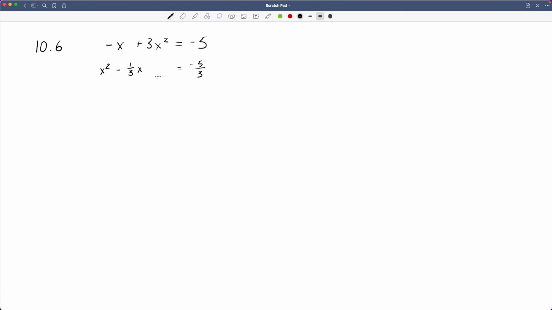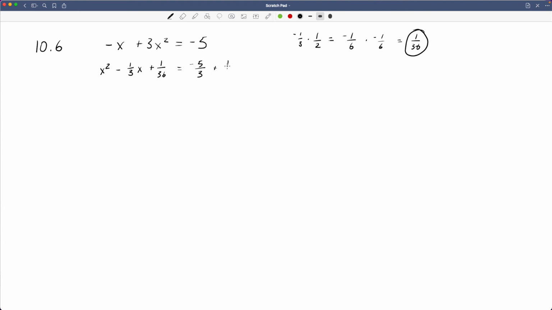All right, so now in order to complete the square, what we have to do is we have to divide this by 2. How do we do that? We're going to say -1/3 times 1/2, and that is going to give us -1/6. Double check my math here, and then we square that. So -1/6 times -1/6 is going to equal 1/36. This is what we're going to add to both sides. So plus